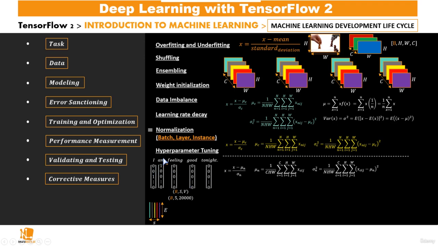Now let's consider 3 batches of this kind of input. First of all, let's suppose we have one batch. This one batch is a representation of "I am feeling good tonight". So here we have 1, 2, 3, 4, 5 of this. That's the sequence length S, which is 5. And then for each of these, we have